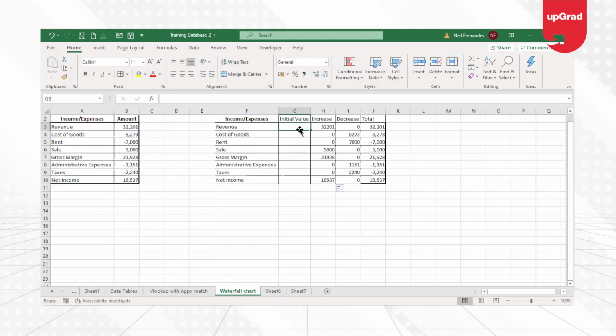Now I need to calculate the initial value or the base. So here, how will I calculate it? The first value, the initial first value, revenue is not going to be there. I'm going to start with the cost of goods, which is the second value.